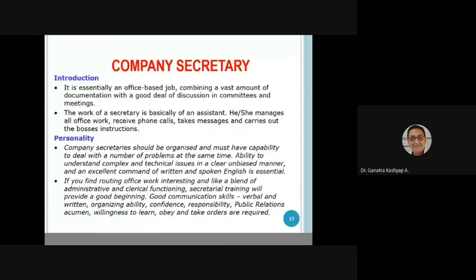CS, something which I love to interact with students. Friends, company secretary demands a lot of things from one person. That person should be good in communication. That person should be ready to work with a team. He should be very conversant with the legal system involved. He should be able to handle complex and technical issues, especially legal issues, which involve a lot of interpretation and all those things. So if this is your area of interest, company secretary can help you to make